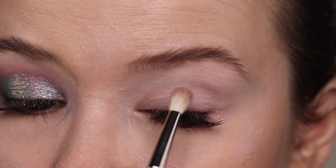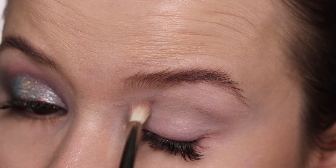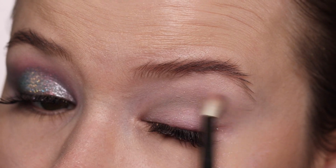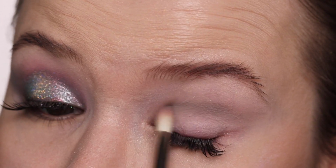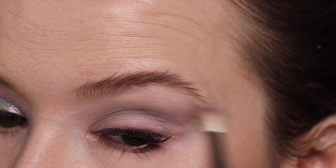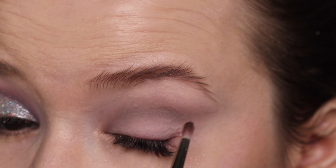So I'm going in with Winter Solstice, and I'm just gonna run that through my crease and then blow it outwards a little bit. Just taking a little bit more. And then I'm picking up Transformation, and I'm just going to run that into the crease as well and just kind of deepen it up a little bit. Just a little bit. And then I'm going to be creating the wing again, taking Garnet